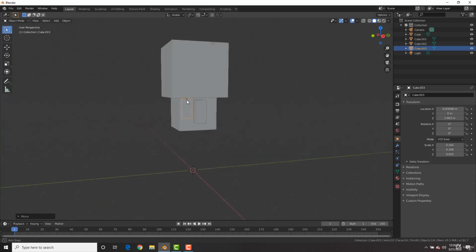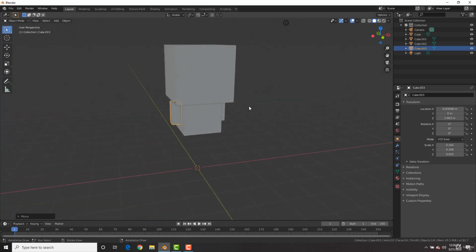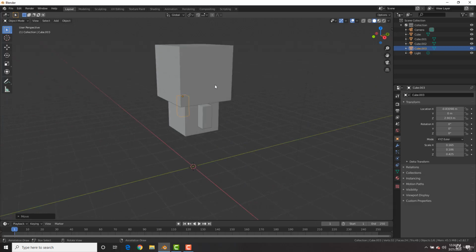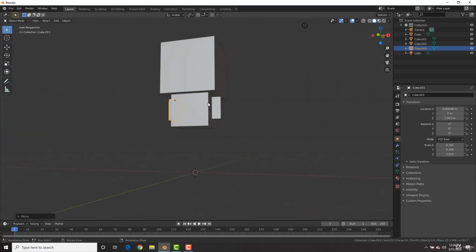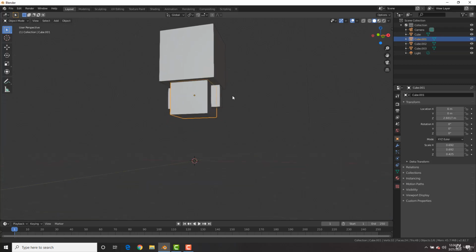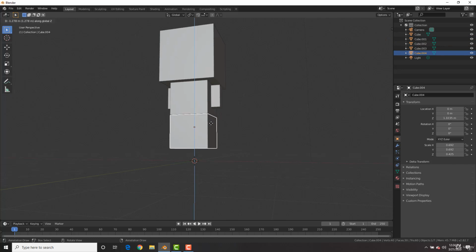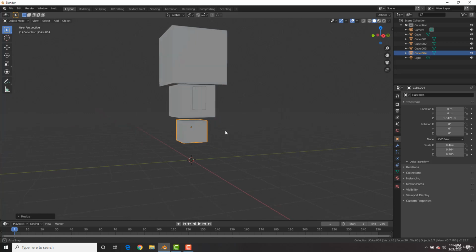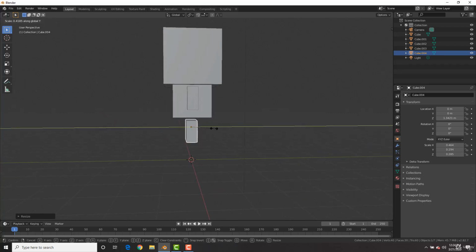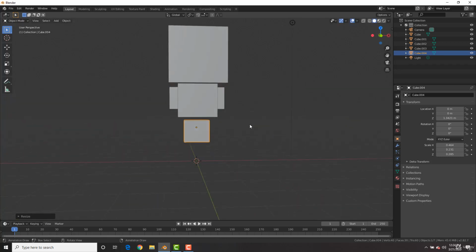All right, sweet, it's coming along. Cube person, I guess we'll call it now. We just need to add some stubby little legs to follow along with the stubbiness of the whole body. Selecting the body cube, we're going to hit Shift D, bring it down, copy it, and then hit S Y to scale it on the Y-axis, and S X to scale it on the X-axis,